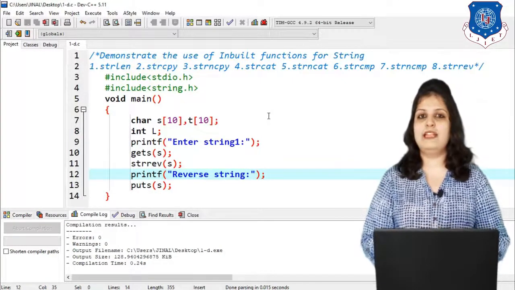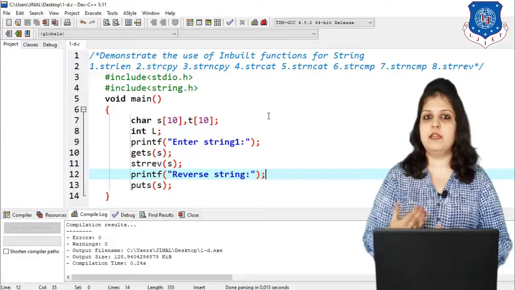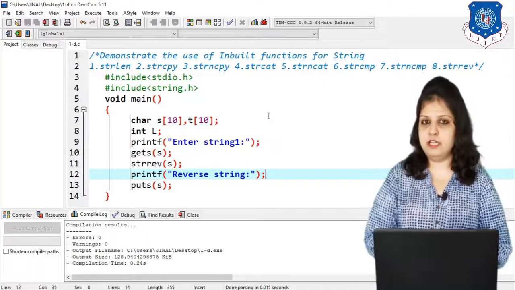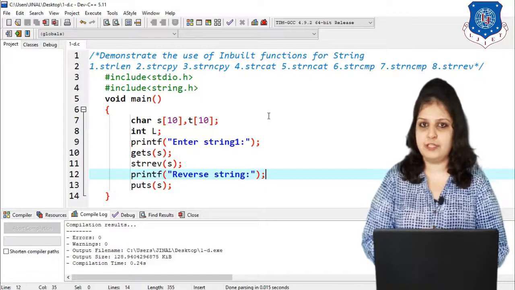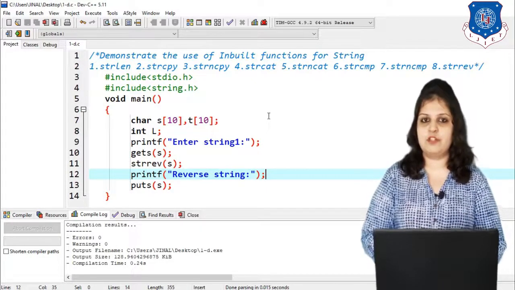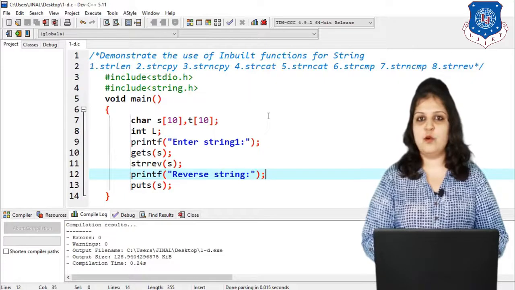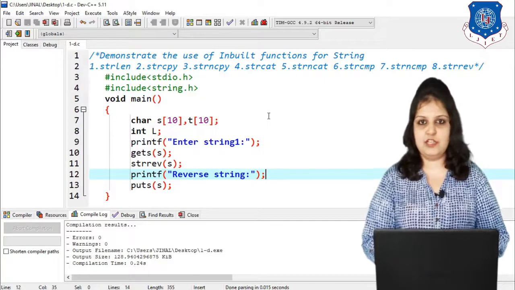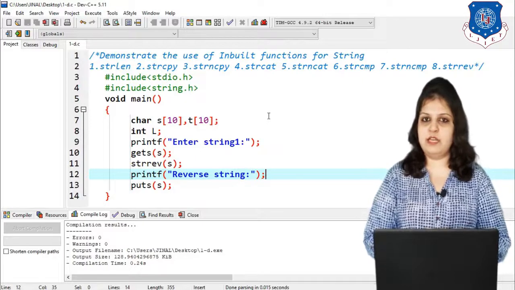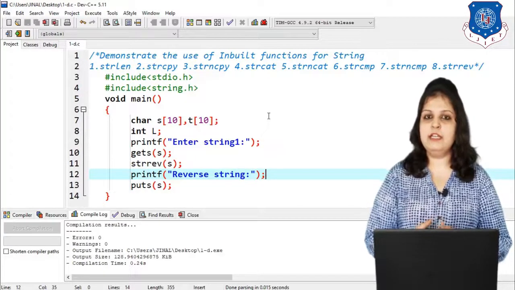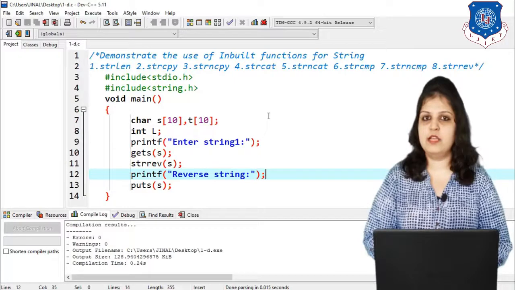And we also have many more functions with which we can convert a string to uppercase, lowercase, find a substring or find a sub character using inbuilt functions. Hope guys you understood this practical session very well, and all these inbuilt functions are very easy and it is a very important topic for the exam.